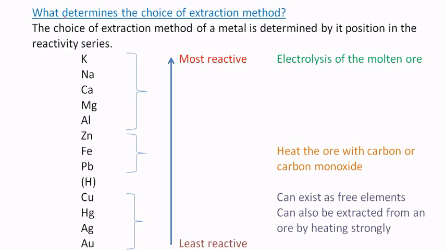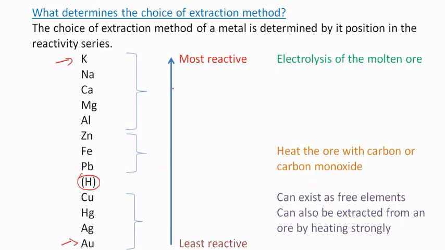The choice of extraction method of a metal is determined by its position in the reactivity series. Now, you need to find a way to remember the reactivity series. At the top, we have the most reactive element, which is potassium, and at the bottom we have gold. So reactivity decreases down the series, or we can say that reactivity increases up the series. So at the top, potassium is the most reactive, and at the bottom, gold is the least reactive. And we usually put in hydrogen as a reference